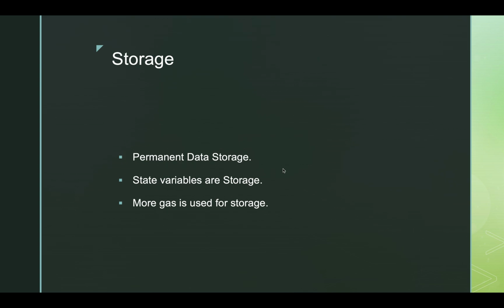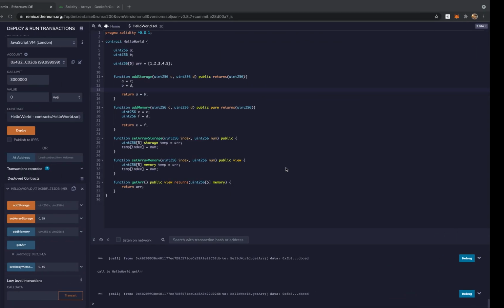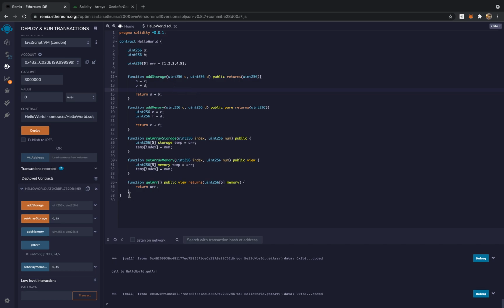The variables which come under this storage level are called the state variables, which means the variables which you declare at the contract level. For instance, if you take this hello world contract, I've declared unsigned integers of 256-bit a and b, and I have an array of elements 5. So these three are stored in the storage level, which means the values assigned to these or modified during the transaction sent to this contract will persist throughout the life cycle,